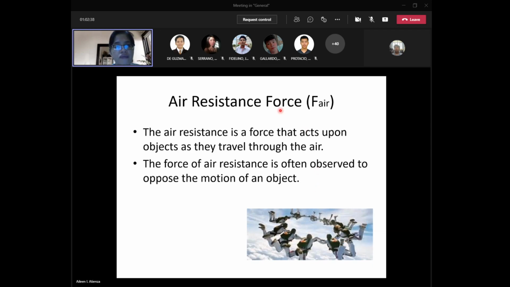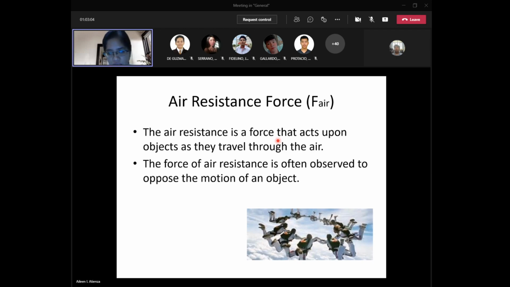Another type of drag force is a gas one, since this one is in air. Okay. So we have air resistance, or the air resistance force. Air resistance is a force that acts upon objects as they travel through the air. Any object, when you try to have it in air, will be